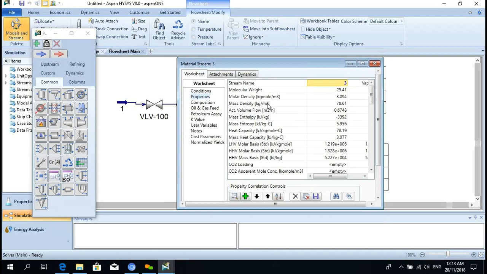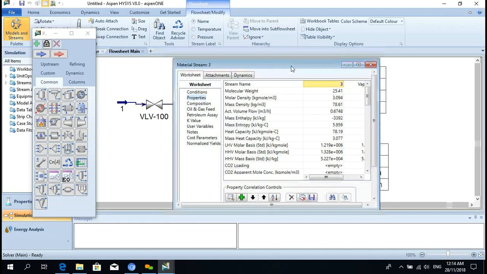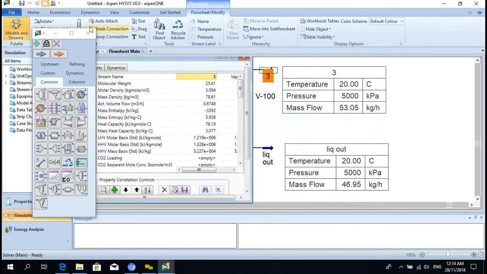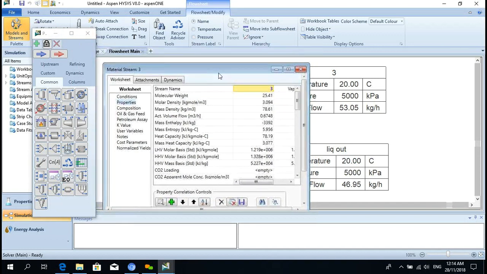See now here, when we do the separator sizing, we have a stream which is having liquid and gas both, right? Now we want to know the phase property. So first the inlet stream to the separator is a mixed stream like 1, right? So we know the property of 1, temperature, pressure, and then the outlet streams also. We want to know what is the gas property in this mixed stream. So 3 is the stream. We can see all the properties.